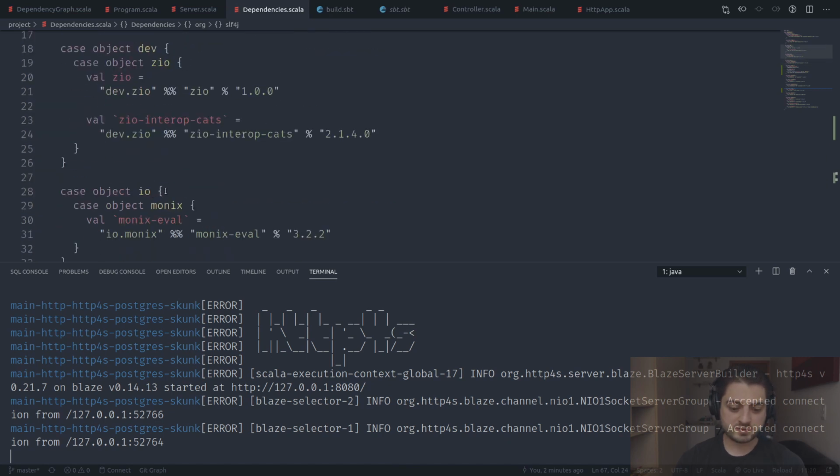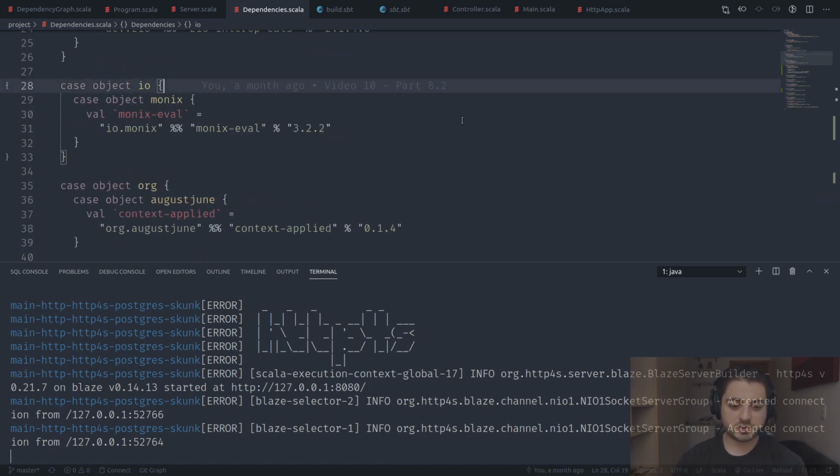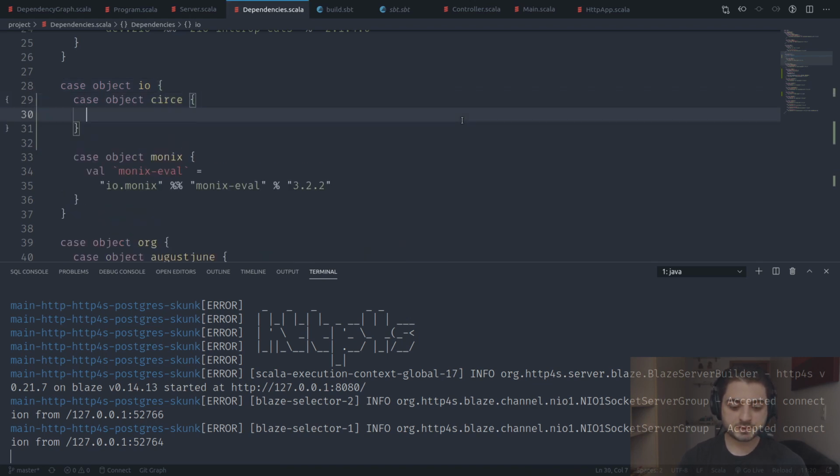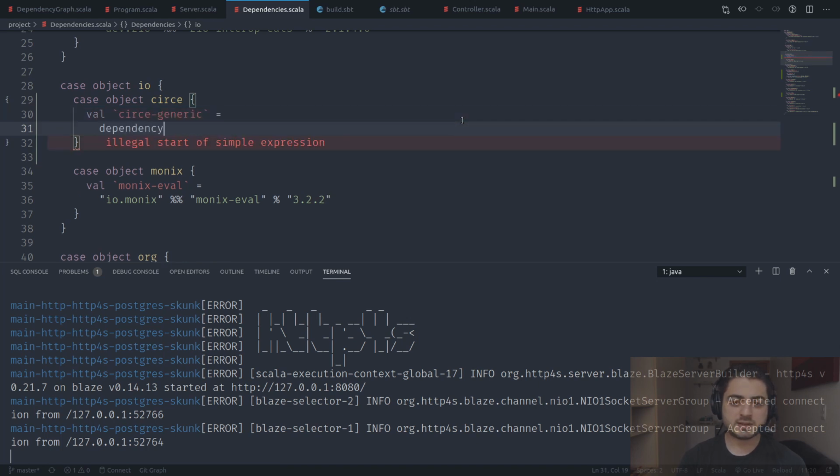Okay, I'm just sorting them alphabetically. Okay, so we have io mnemonics. So over here. Okay, so we're going to have case subject Circe. And we're going to use Circe generic. Okay, like this, and we're going to use the same trick because most of the